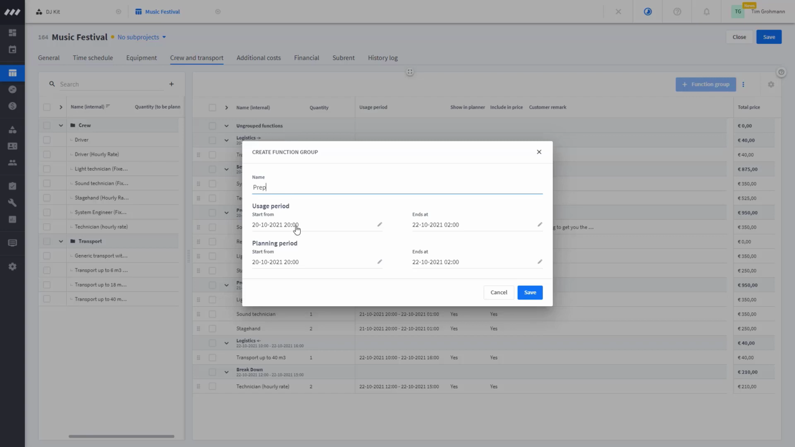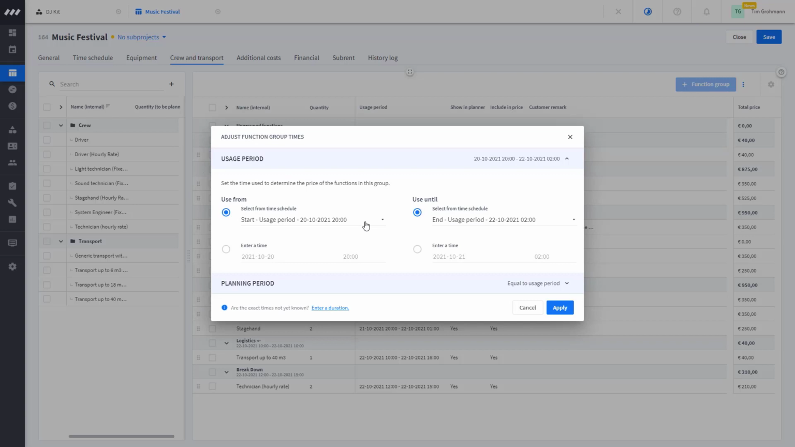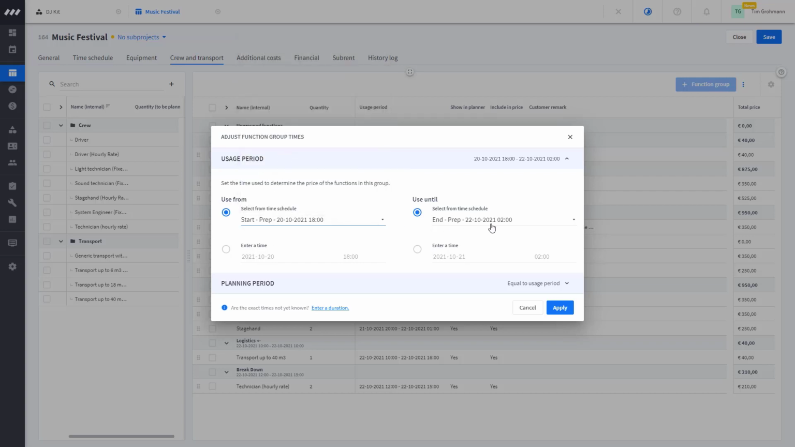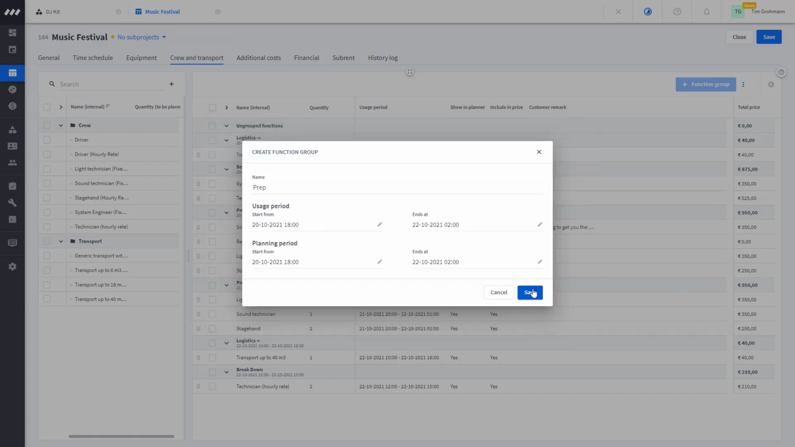And to do that, I can now just come here, pick when the usage period is happening. And then from my pre-established time schedule, I can now directly choose here that I would like to associate the prep category in crew and transport to my prep time in the time schedule. So I'm making this connection. So I'm going to choose that right here, start prep until end prep, apply that, save it, and now